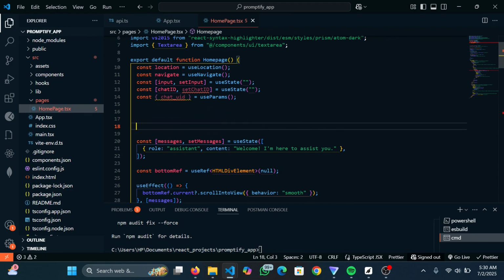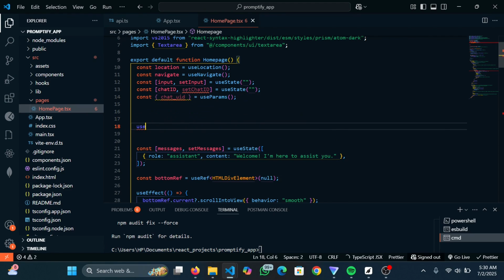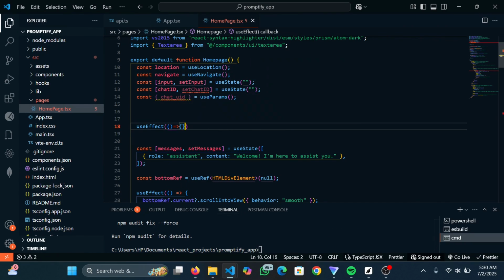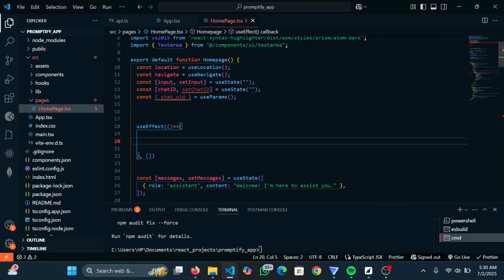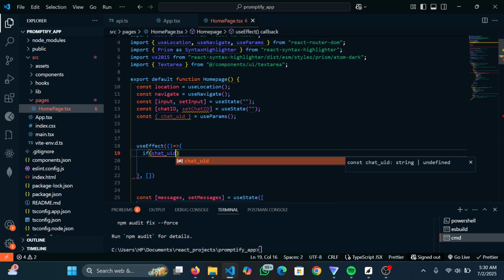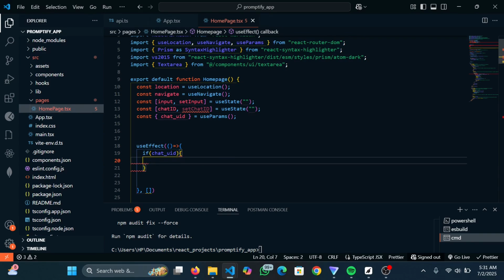I'm going to say when the page renders, that's useEffect. When the page renders the first time, we want to check and see the value of chat_UID, because we're going to get this value from the browser. So I'm going to say if chat_UID, if it has a value, we're going to say